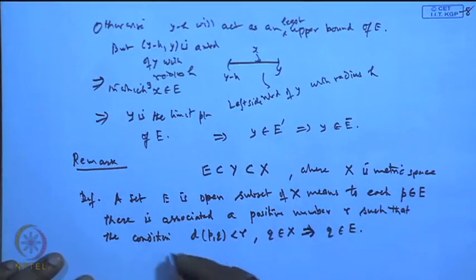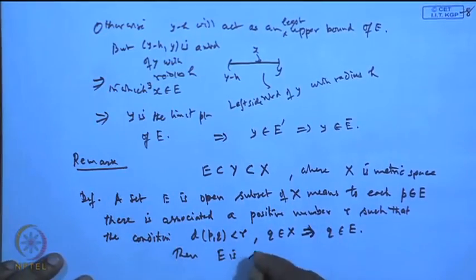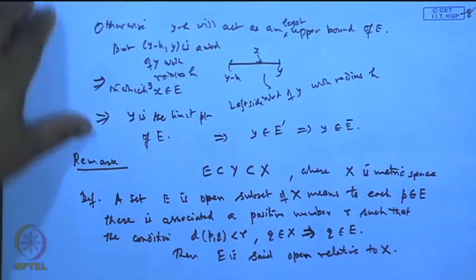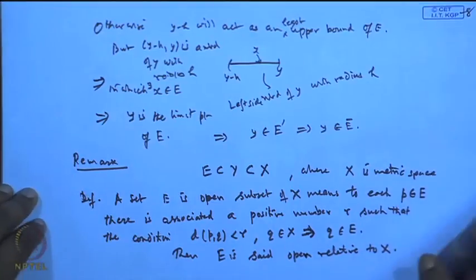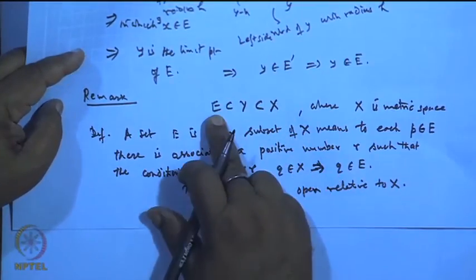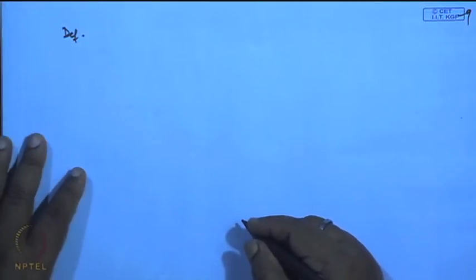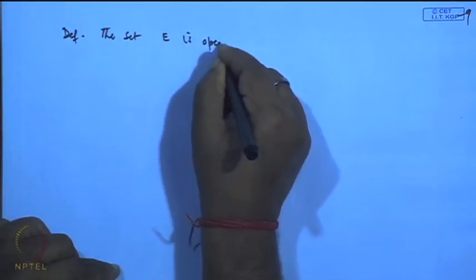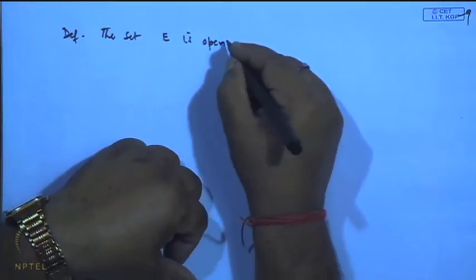Then we say E is open with respect to X. An open subset of X means E is said to be open relative to X. Similarly, since Y is also a metric space under the same metric D, E may also be open with respect to Y. Then we define that the set E is open relative to Y,